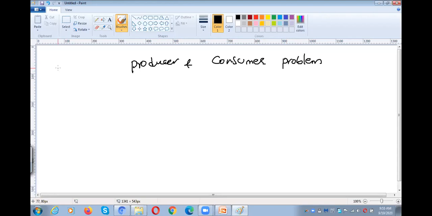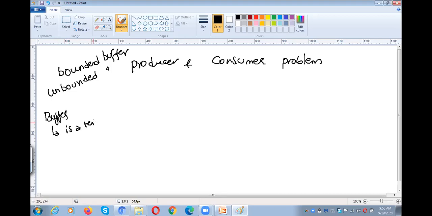Initially, there are two types of buffers. One is a bounded buffer and the second one is an unbounded buffer. First, what is a buffer? A buffer is a temporary storage area.